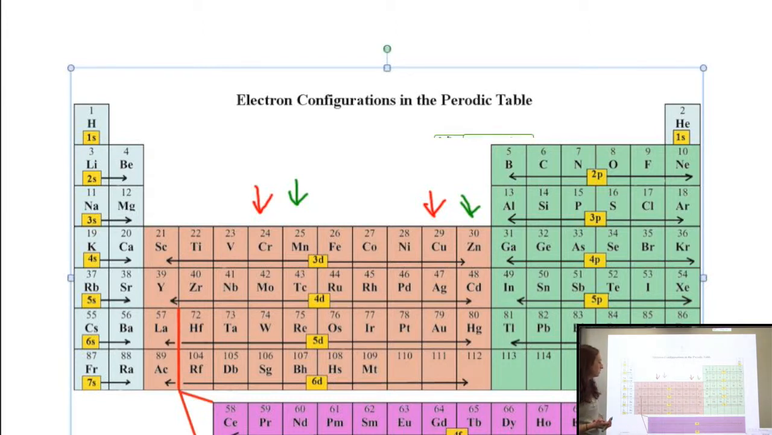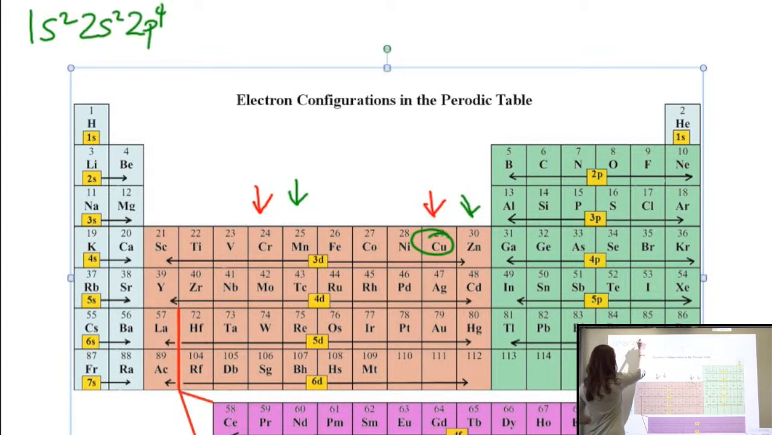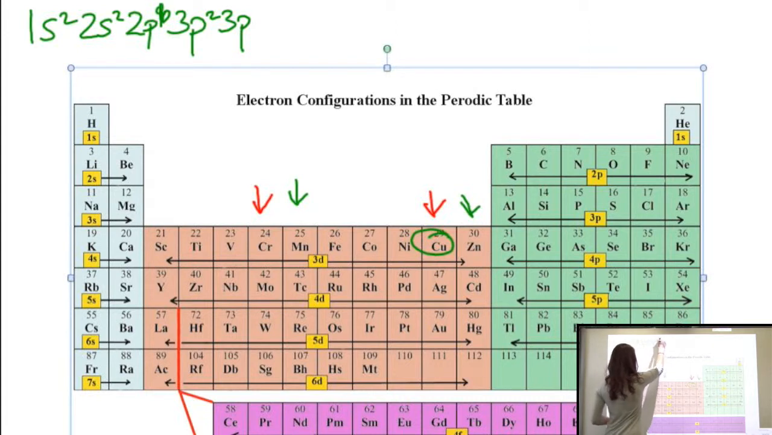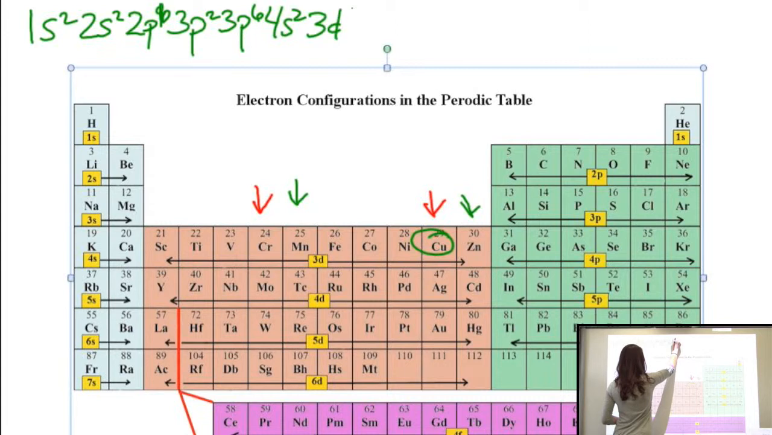very unstable position. So if we take a quick look at copper, and we did the electron configuration for that, we'd end up doing 1s2, 2s2, 2p6, that's 4, 6, 3s2, 3p6, 4s2, and then 3d9. So anytime you see a 9 or a 4 as a subscript on your D, you're going to immediately think,